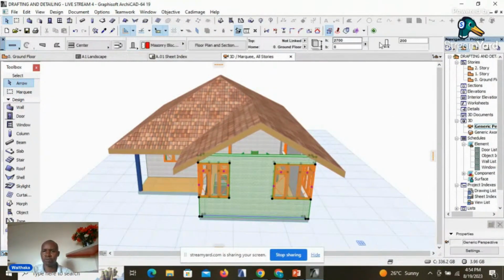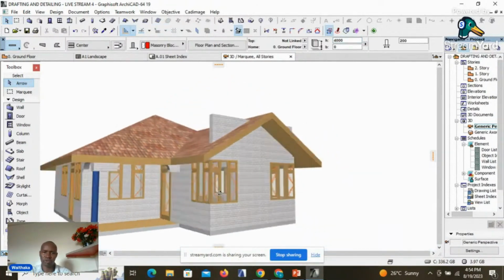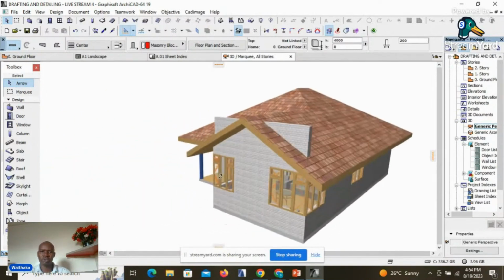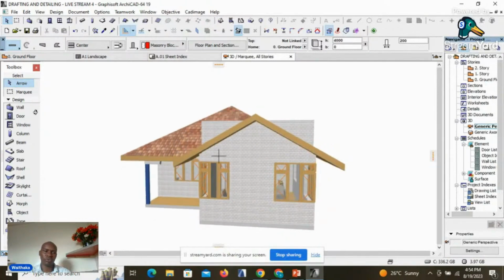So we can assume that at a height of maybe 4,000 it will have covered that part. That's true. We are able to see that we've covered that part. So what we need now is to trim that wall, and we trim using the roof. So what we do is